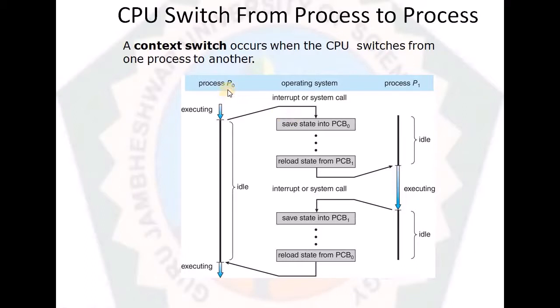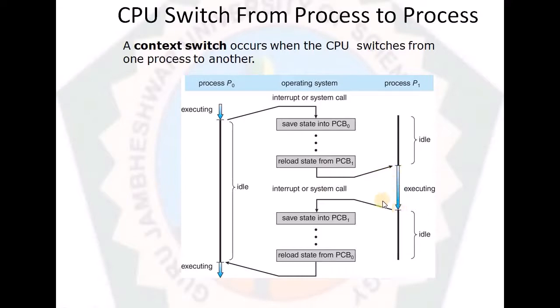We never want to start this P0 process again from 0. So the current execution, or the percentage of the execution that is already completed by this particular process P0, is stored into the PCB of that process. When this process is on hold, the CPU shifts to the second process, which was also waiting on hold because the CPU was attached to the process P0. Now the CPU has shifted to the process P1, so the operating system loads the PCB of P1 and it starts executing.